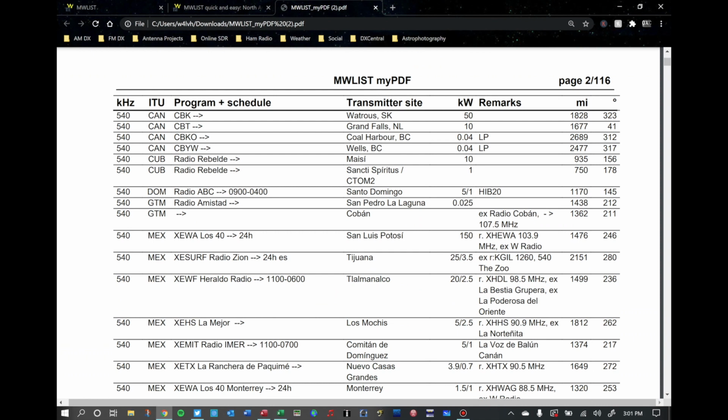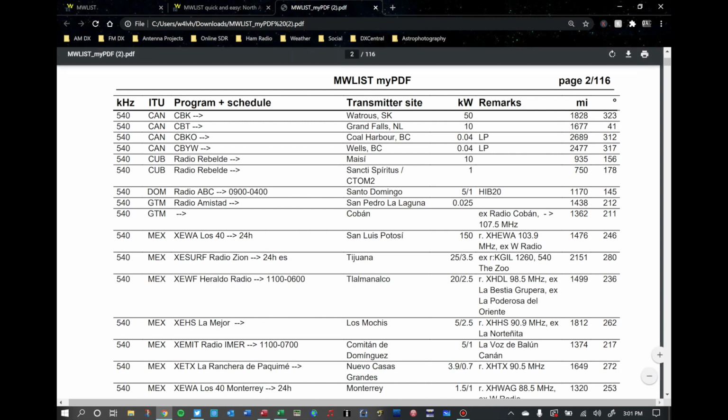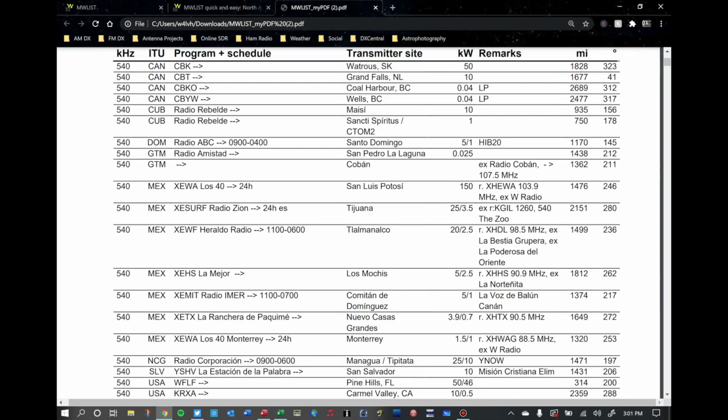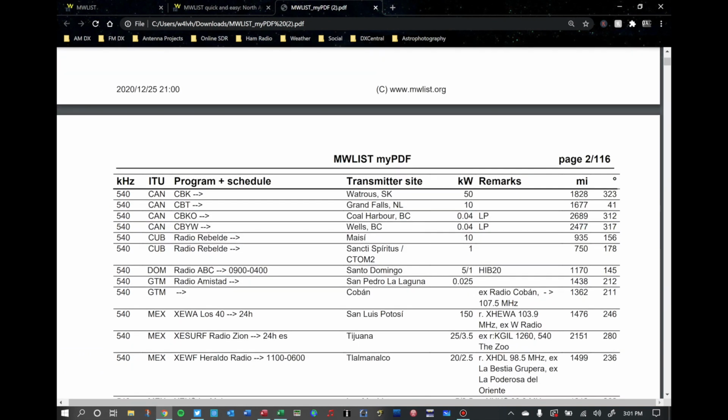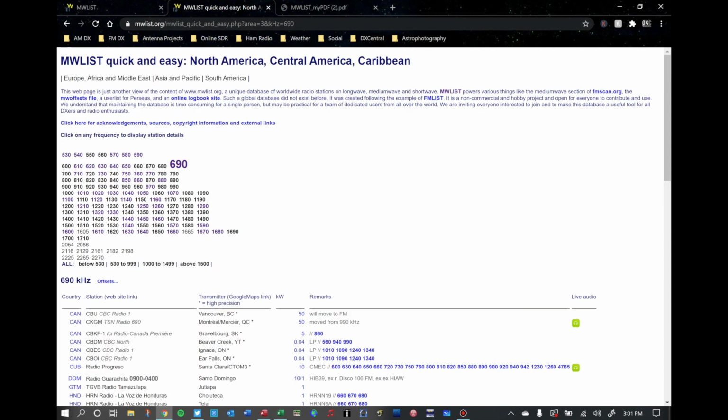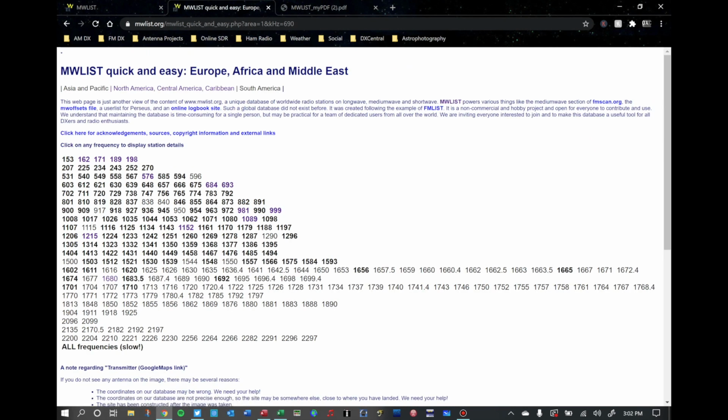So that's, again, really going to be helpful for me when I'm going to do this little mini DXpedition to the Outer Banks. I can create one of these PDFs from that location that I'm going to be at, right? And I can then look through here and find some of the stations that I'm going to be targeting for, you know, Canada here. I want to get into those maritime provinces, or if I want to go over into Europe, and do some of the Europe and Africans and the Asians and the Pacific, South America, whatever region I'm chasing,